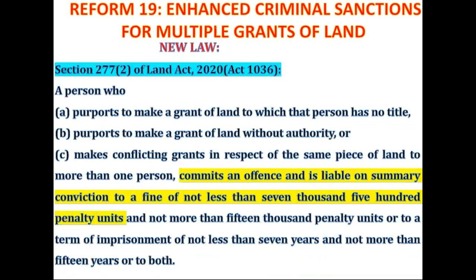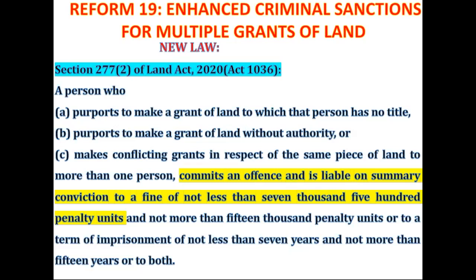Now, we want to discourage people who engage in multiple sales of land and people who sell land without having any title to it. So look at section 277, subsection 2 of the Land Act of 2020, Act 1036. It reads as follows, and I quote, a person who purports to make a grant of land to which that person has no title, or the person who purports to make a grant of land without authority,